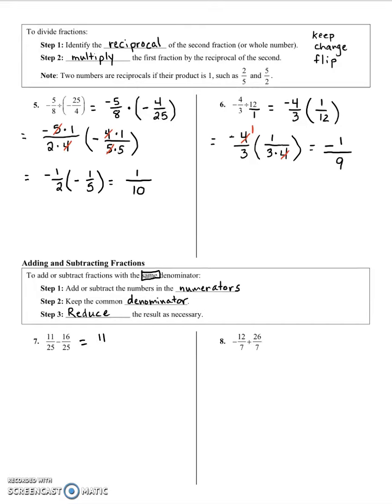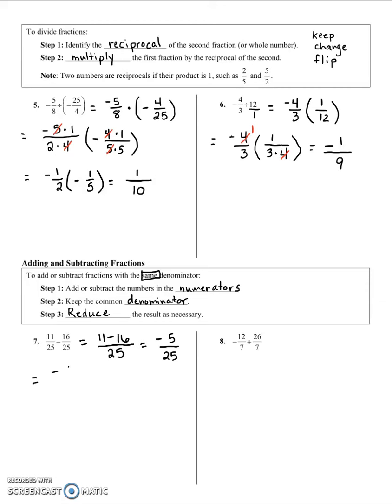So we are going to subtract the numbers in the numerators, and that will give us our new numerator. And we keep the number in the denominator, which is 25. So 11 minus 16 is a -5 divided by 25,